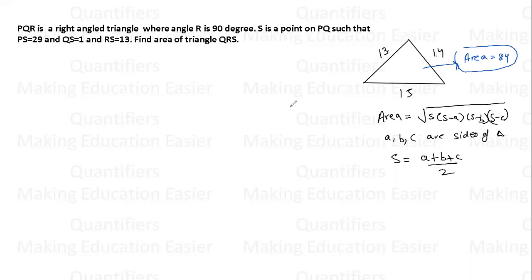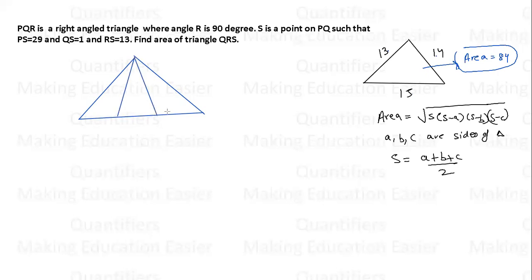Okay. Now moving on to the next concept. Now this is a very important concept. So now from this vertex, I have drawn two lines. Now you can see there are three smaller triangles. So this is one, this is the second triangle, this is the third triangle. We are focusing only on the smaller triangles. Now students, you can see all three triangles are lying on the same base.